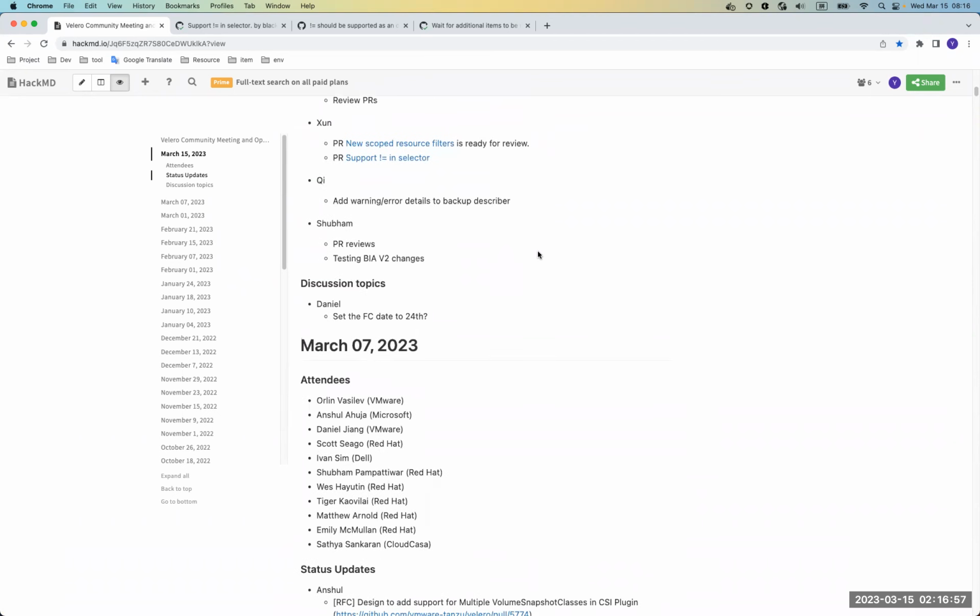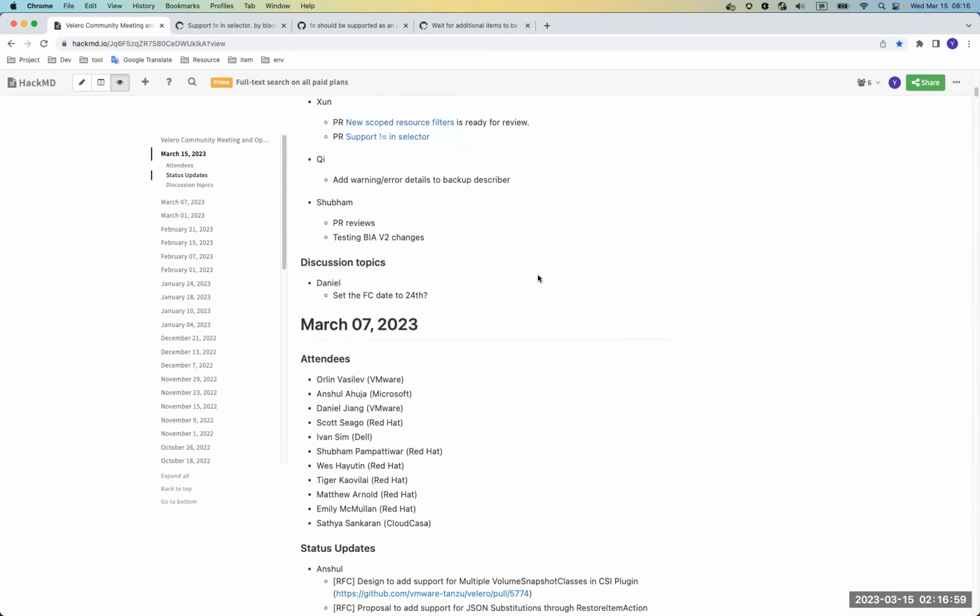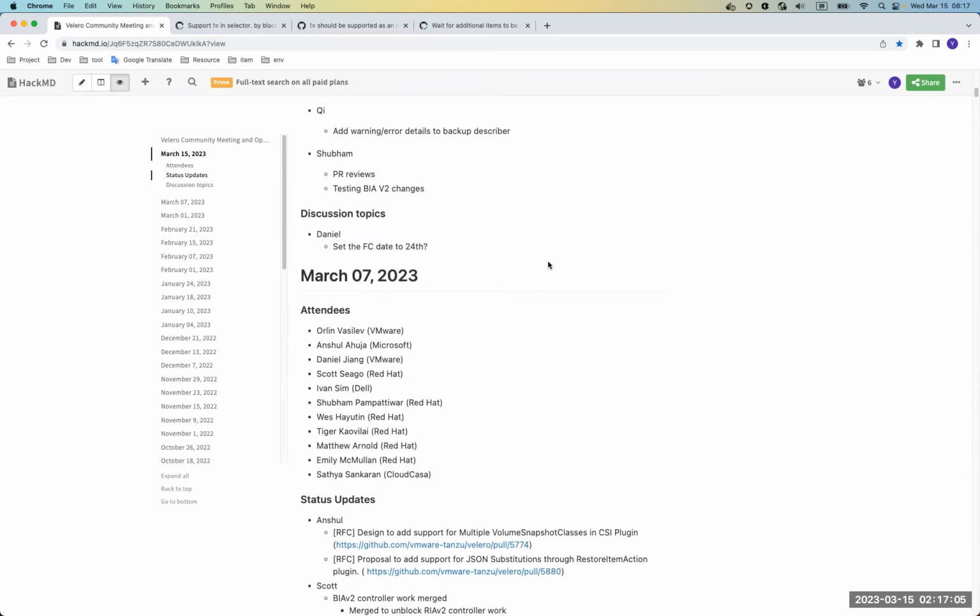Okay. The next part, the discussion topics. We want to decide the exit date, right, Daniel? Right. Scott, I don't think you really want to rush to submit the PR, because that will require some back and forth, like adding comments, resolving or follow-up PRs, and we may need more time to make sure the existing regression tests pass in our internal pipeline. I also communicated this to Pradeep. I think it's okay with FC by the end of next week. So I think that makes sense.